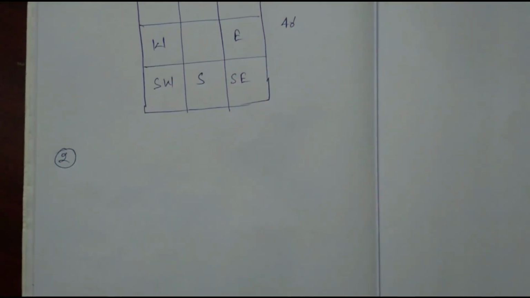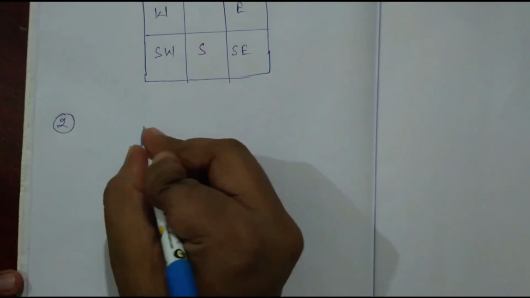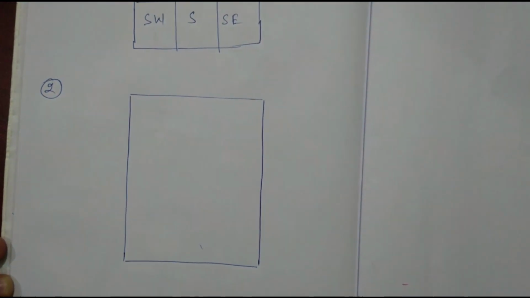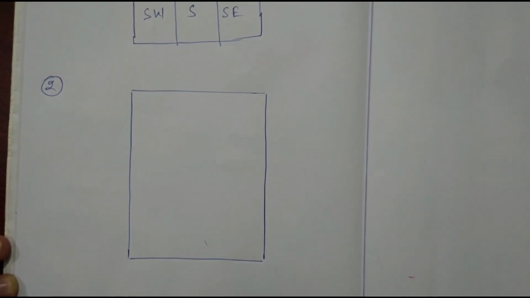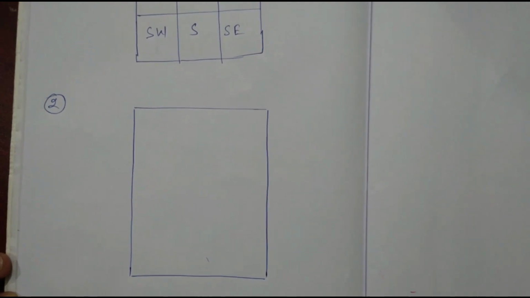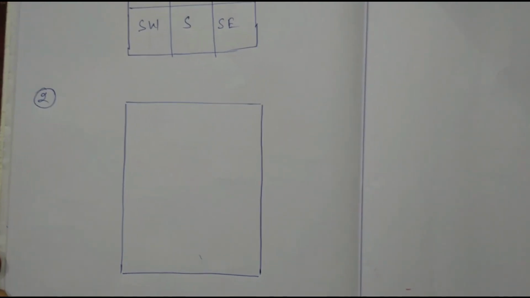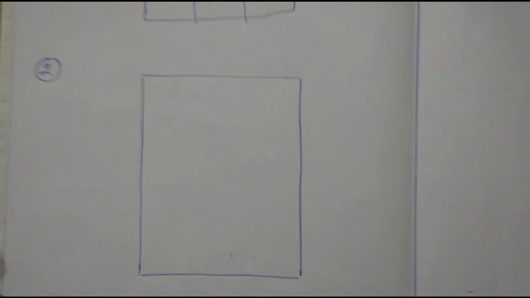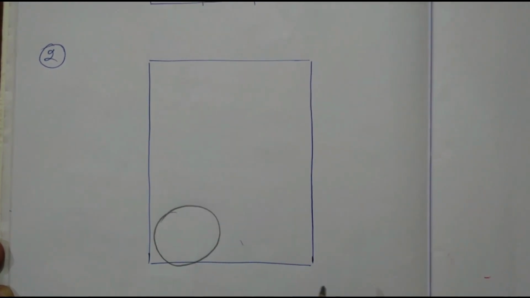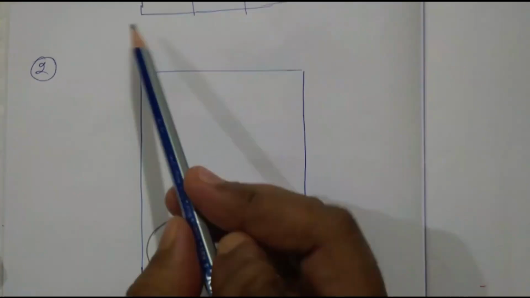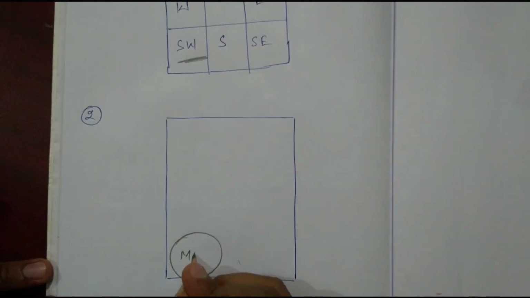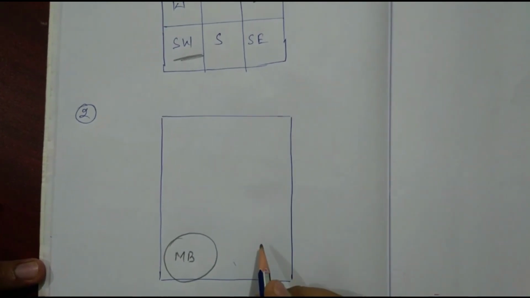So we have moved on to our second point. Let us draw the same diagram again without mentioning the directions, as we have already marked them. Now we'll create a bubble diagram in which we'll keep all the elements. As all of you know, the best position for the master bedroom as per Vastu is the southwest direction. In this plan, the southwest is in this direction, so we'll provide the master bedroom along the southwest.